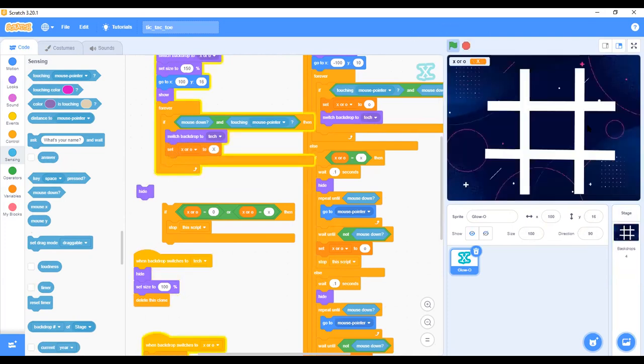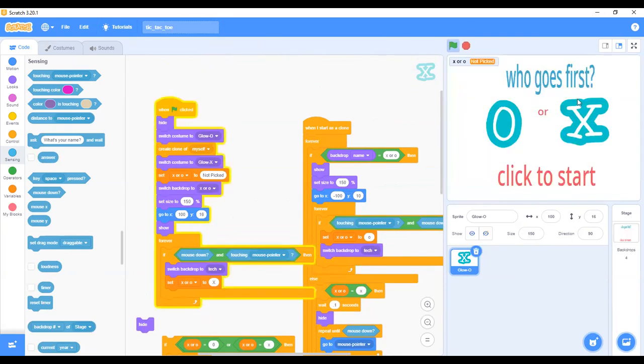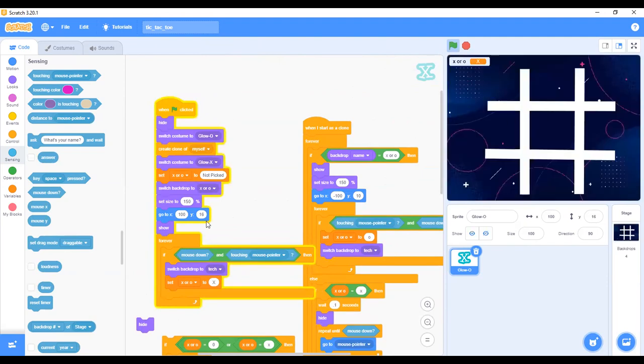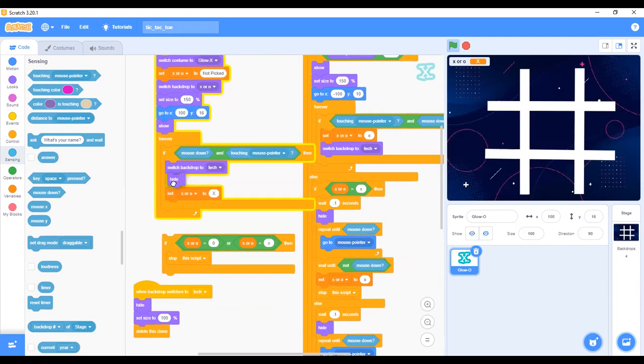Now, if I click on this, why is it hiding? That's not supposed to be hiding. So something is wrong. It's not supposed to hide without this guy.